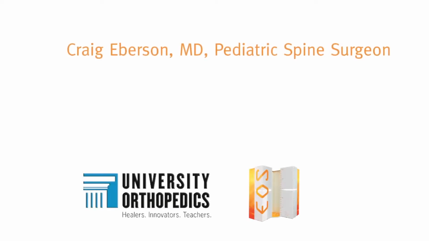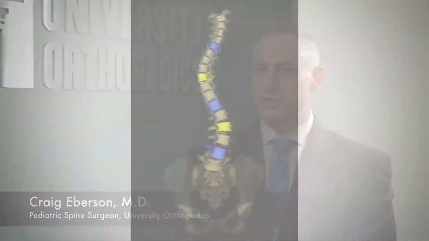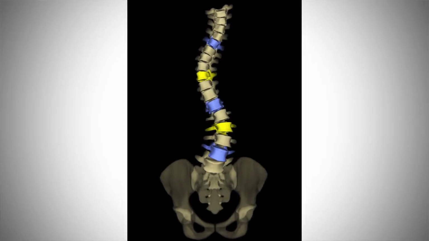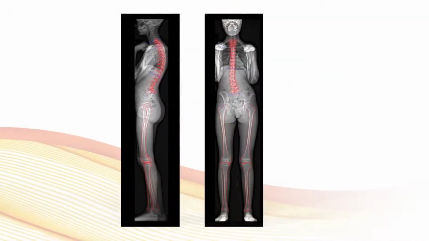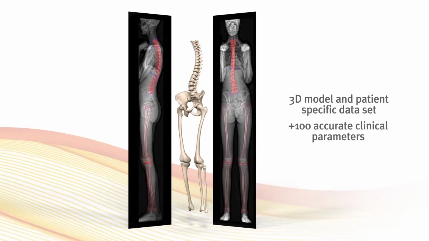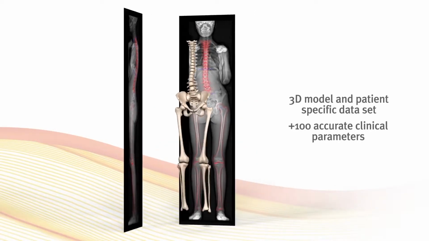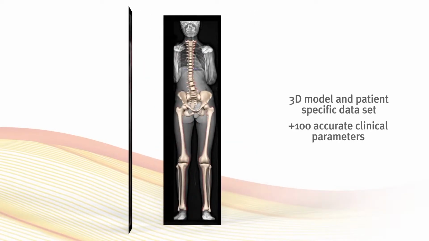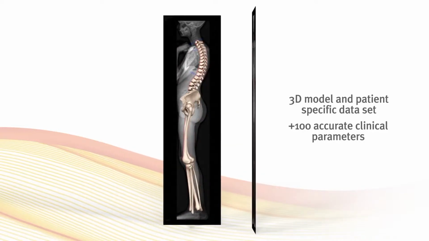University Orthopedics made the decision to buy EOS because this is just a crucial part of our ability to care for patients. In the world of pediatric orthopedics, we've known about EOS for a long time, and it's been revolutionary in the way we've evaluated spinal deformity and the effects of our treatment. But when trying to see how this would be useful for a large subspecialty orthopedic group, it takes a little bit of looking into. And what we found is that the applications for EOS aren't just limited to pediatric spinal